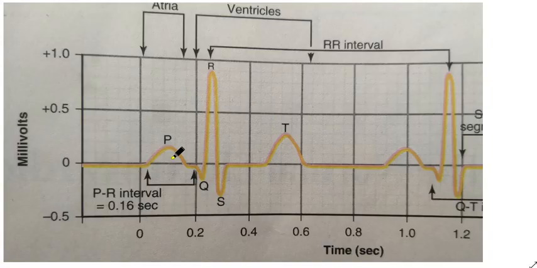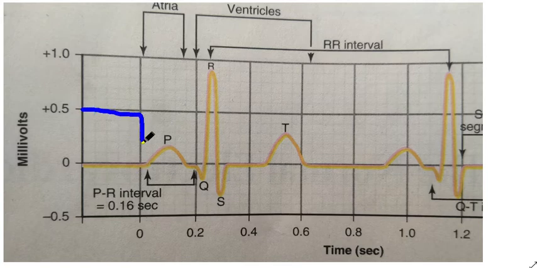Now I am going to show you the mechanism of how you can draw a normal ECG. What are the normal values for the P wave, QRS complex and T wave? First of all, you must know the different calibrations of time and voltage values for these tables.